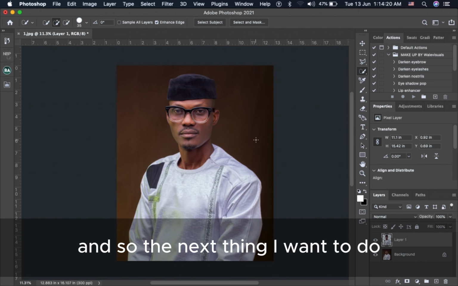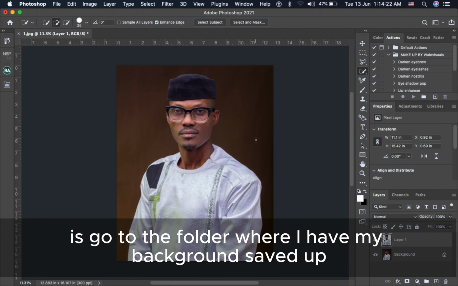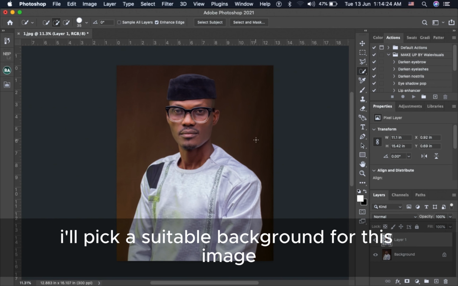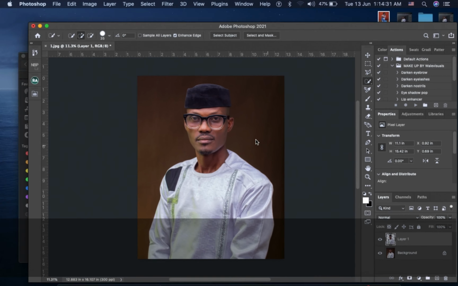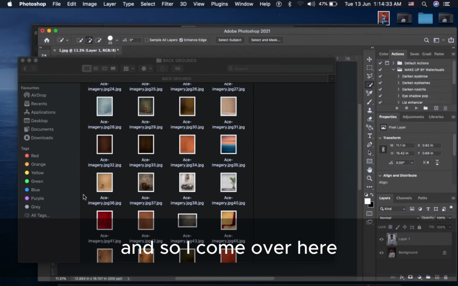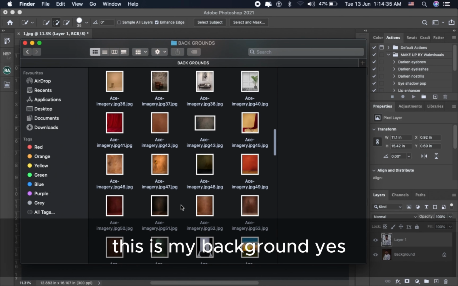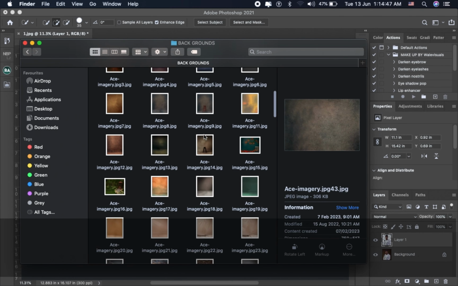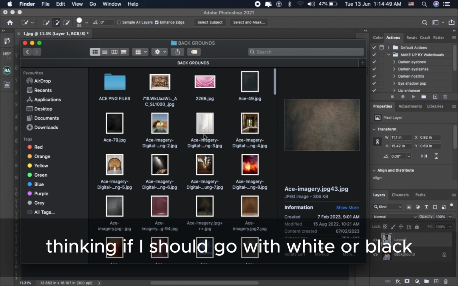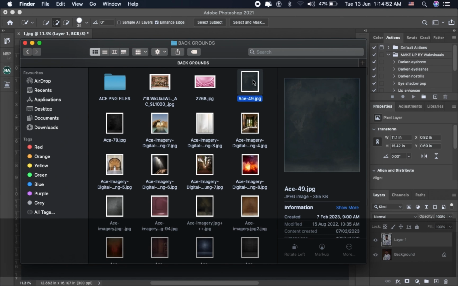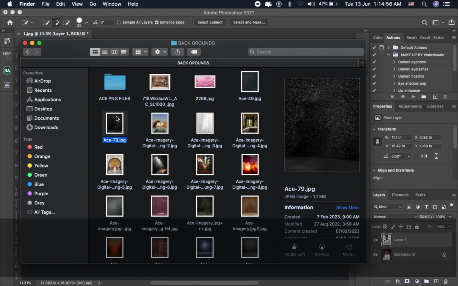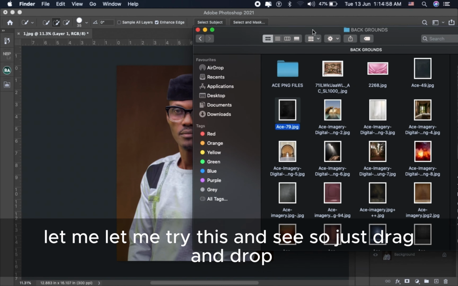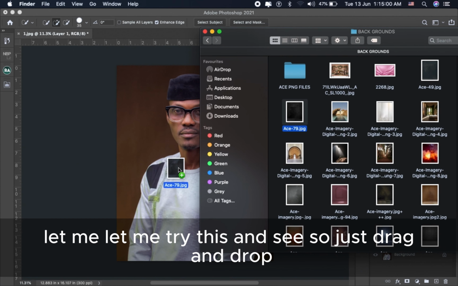And so the next thing I want to do is go to the folder where I have my background saved. I'll pick a suitable background for this image and then import it into Photoshop. And so I'll come over here. This is my background. Yes, I was thinking if I should go with white or black, or probably a textured background. Let me try this and see. So I'll just drag and drop,